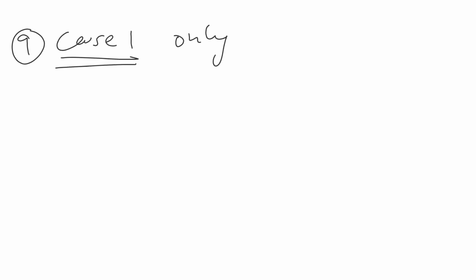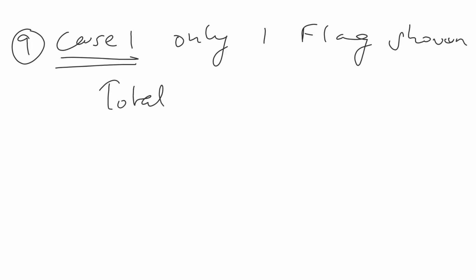Let us go to question number 9, which is also pending in this particular exercise. If out of 6 flags, any number of flags can be shown at a time, how many different signals can be generated or made out of them? Okay, so there are 6 flags. Any number of flags can be shown. Now case 1, only one flag shown. So this can be done in how many ways? 6 ways,